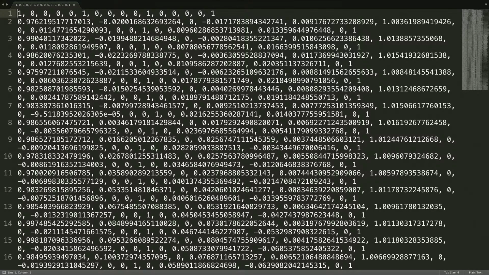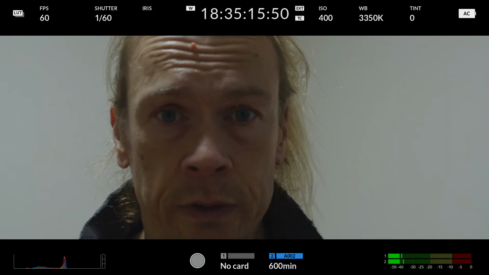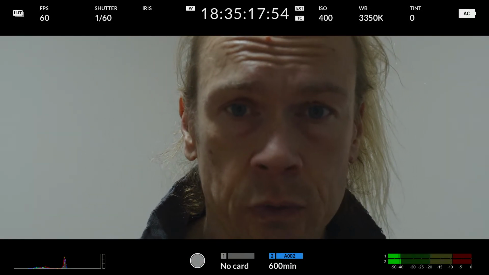And you can just save this out as a text file. And in another lesson, I will explain how you can take this data and import it into your other